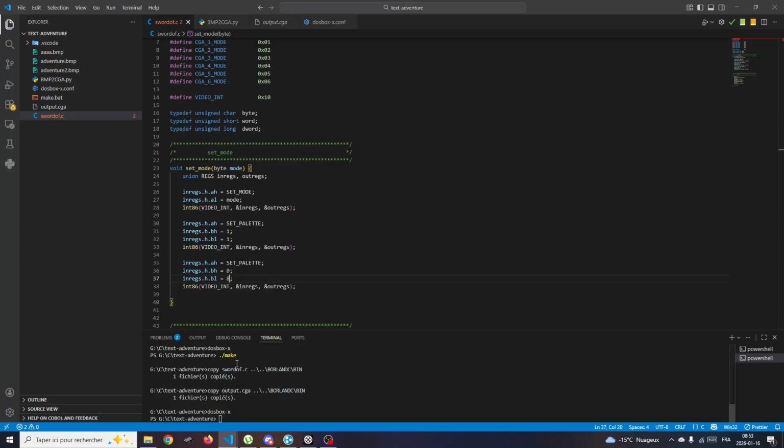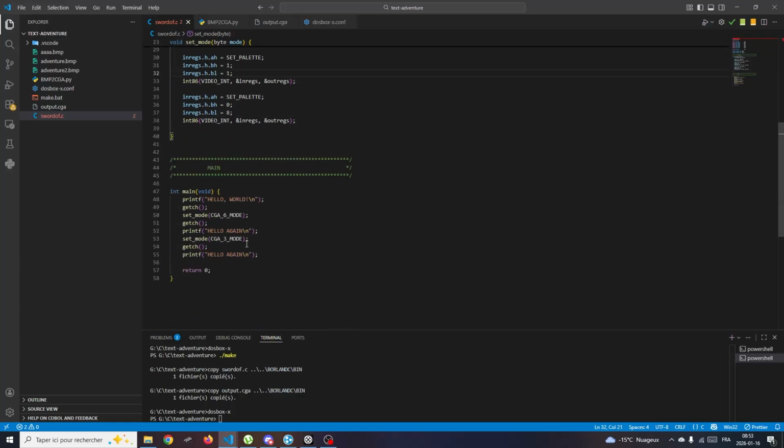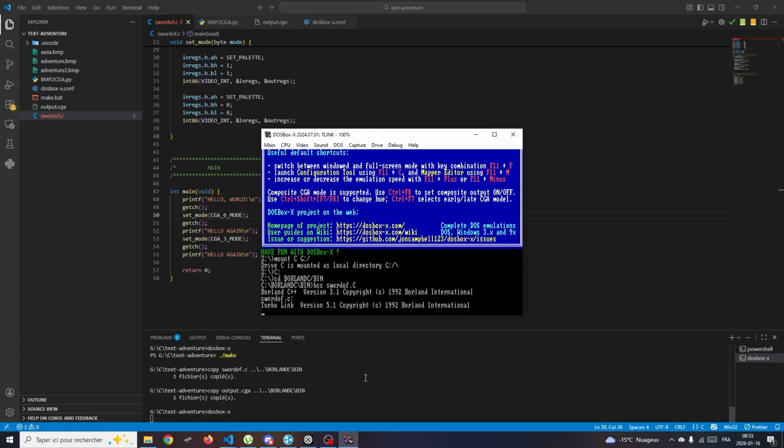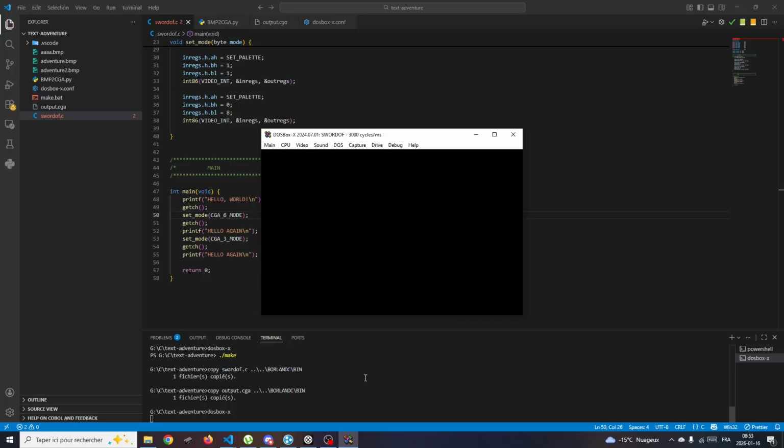This will set the intensity, but it does have the added effect of setting certain colors in CGA 6. I'm guessing it does set the colors in other modes, but I'm not sure. I didn't try this. So just to prove it to you, compiling this, and hello world, it didn't do anything, and we're back to